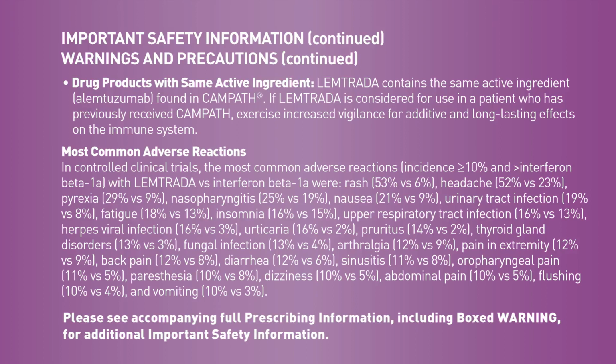13%, insomnia 16% versus 15%, upper respiratory tract infection 16% versus 13%, herpes viral infection 16% versus 3%, urticaria 16% versus 2%, pruritus 14% versus 2%, thyroid gland disorders 13% versus 3%, fungal infection 13% versus 4%, arthralgia 12% versus 9%, pain in extremity 12% versus 9%, back pain 12% versus 8%, diarrhea 12% versus 6%, sinusitis 11% versus 8%,